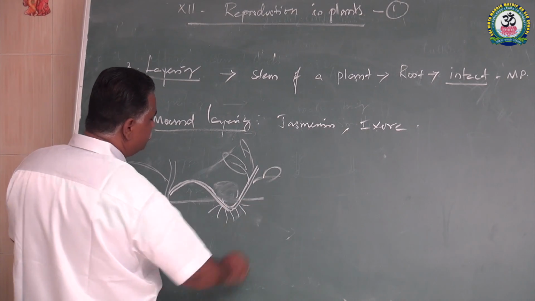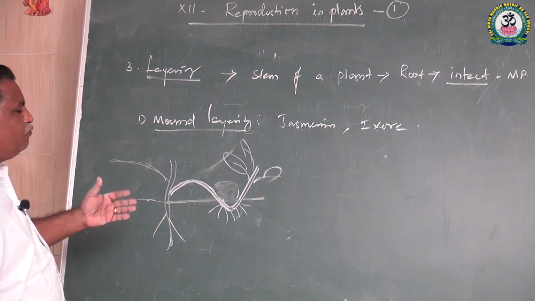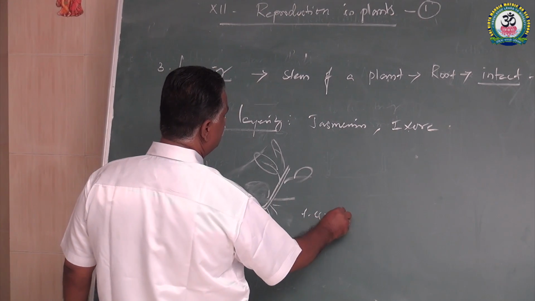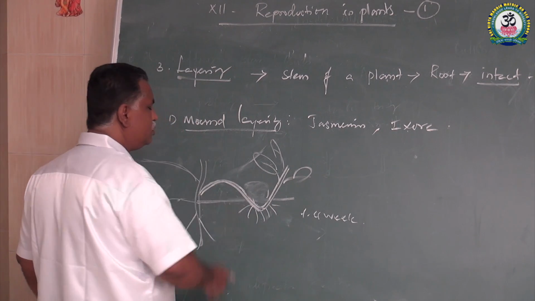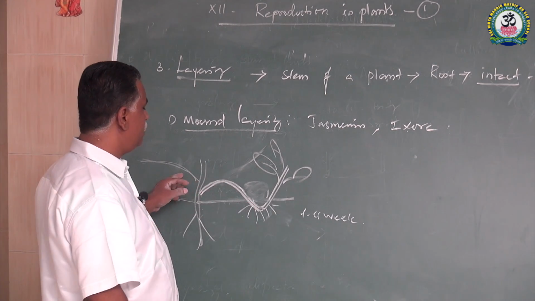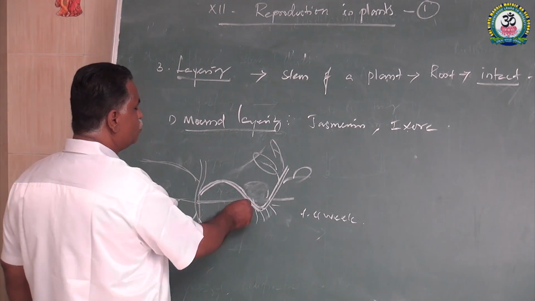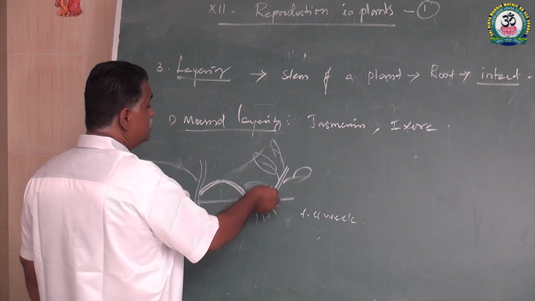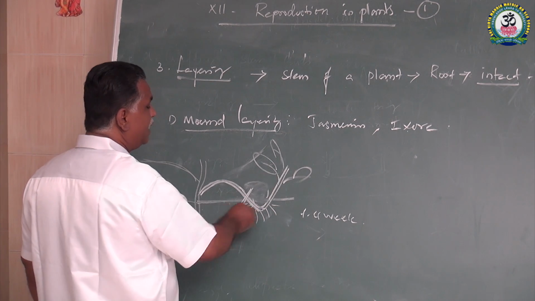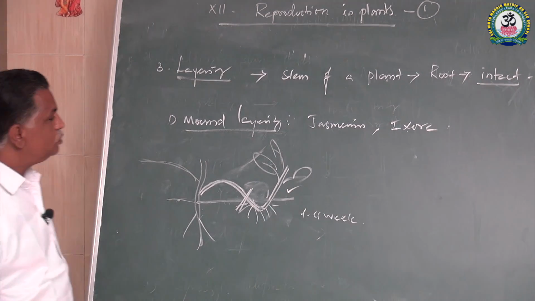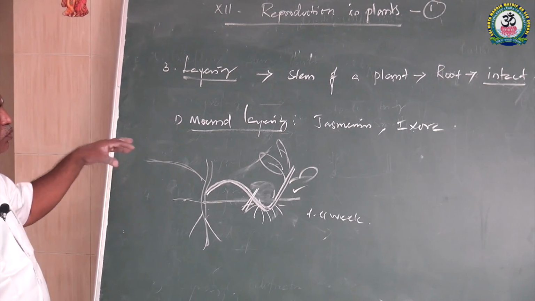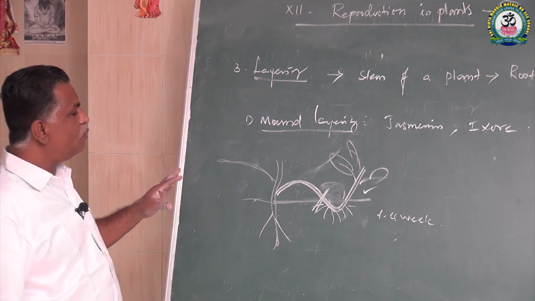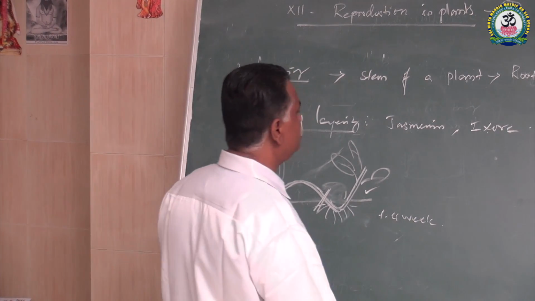If it is left for 1 to 4 weeks, the bent part of the stem will produce adventitious roots. After about 1 month, that is 4 weeks, this new plant can be detached from the mother plant and grown newly. So this is a method of propagation. Actually, mound layering is a method of propagation. Here hybridization is not performed. This is mound layering, adopted in Jasminum and Ixora.